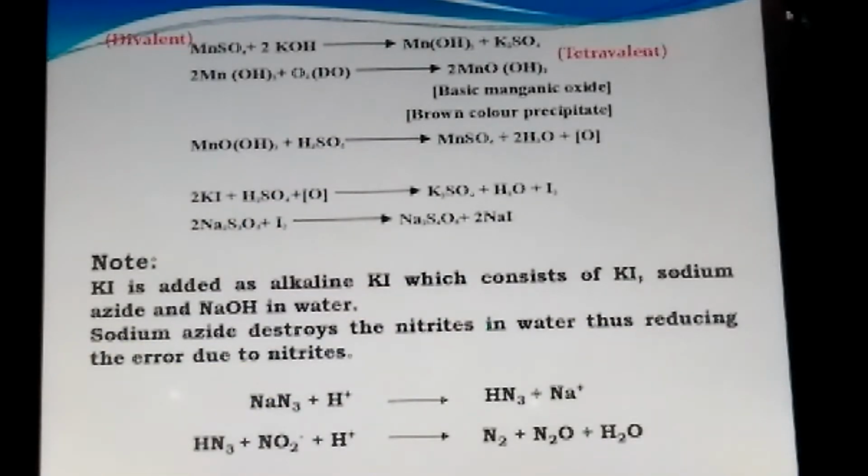And these are the reactions here. Manganese sulfate is made to react with the potassium hydroxide to produce manganese hydroxide, and this manganese hydroxide reacts with the dissolved oxygen content present in the water sample to produce basic manganic oxide, which is a brown colored precipitate, and it is allowed to settle down, and this basic manganic oxide is dissolved in sulfuric acid medium to produce atomic oxygen, and this atomic oxygen is made to react